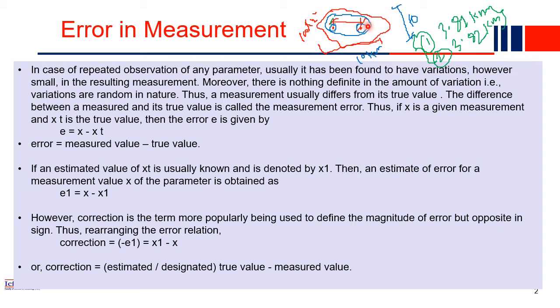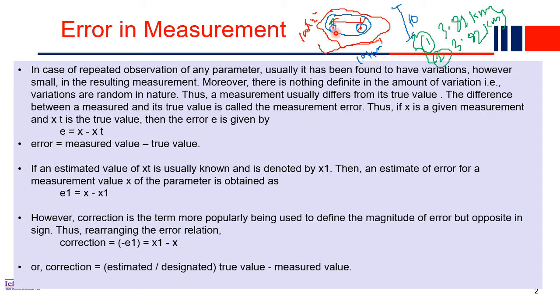In some other case, when another person is finding out the distance, for him maybe because of rain and all, the humidity has increased, and maybe the tape length also increased a little bit. So in that case also you will get different values. So depending on the environment and the skills of the surveyor, the variation will come. So the measurement usually differs from its true value.